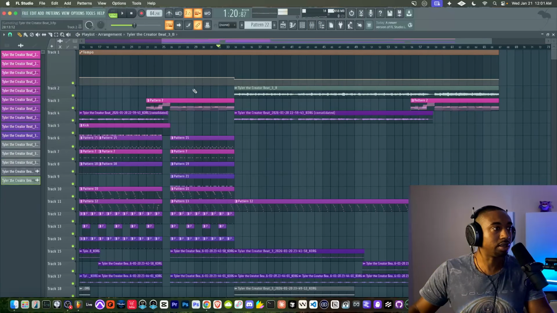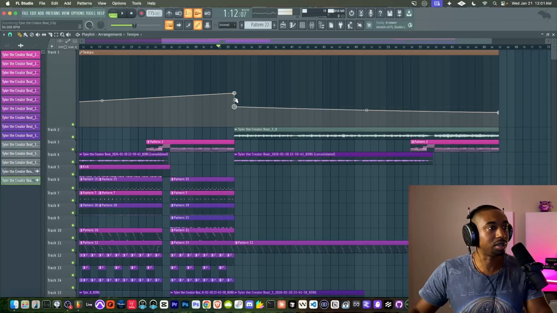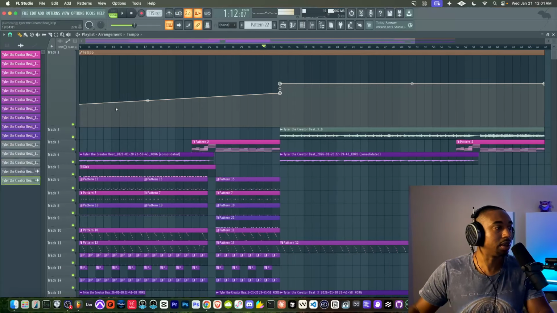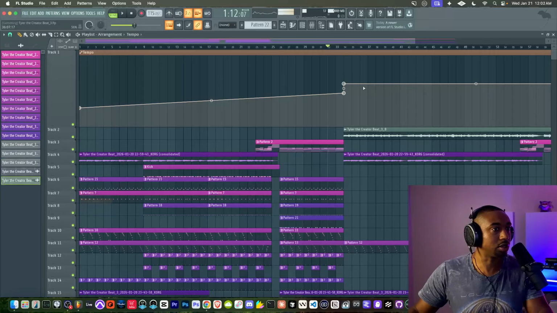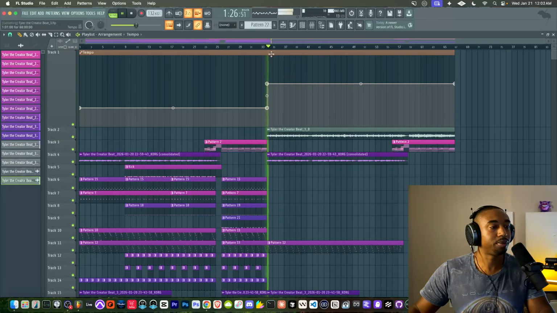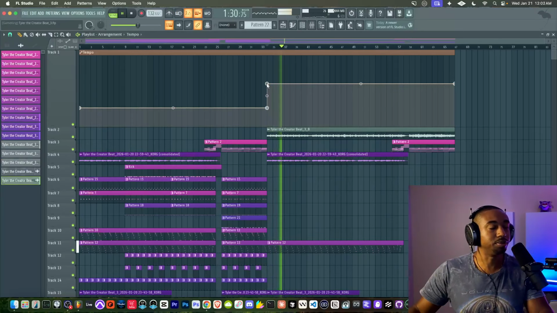So we could slow it down like that, but what I will try to do here is also speed it up. So let's pull the thing higher and just experiment with the higher BPM. Again, you need to right click and make sure that initial BPM is where you guys need it to be. So it sounds cool, slowed and sped up.